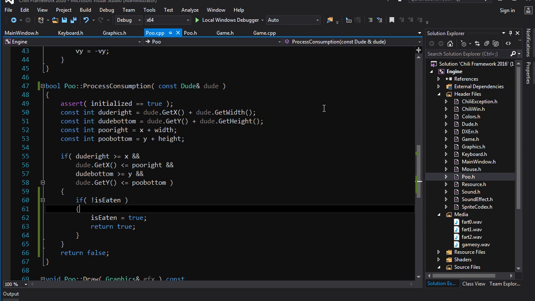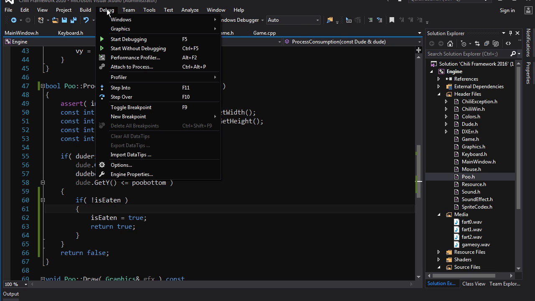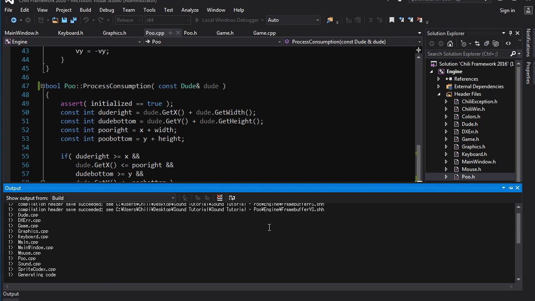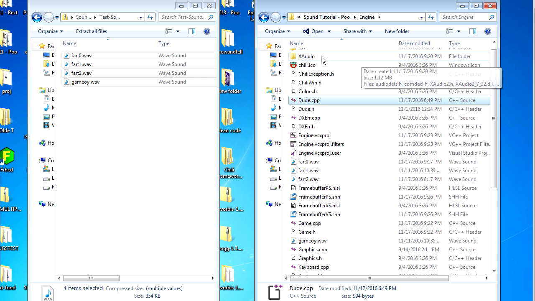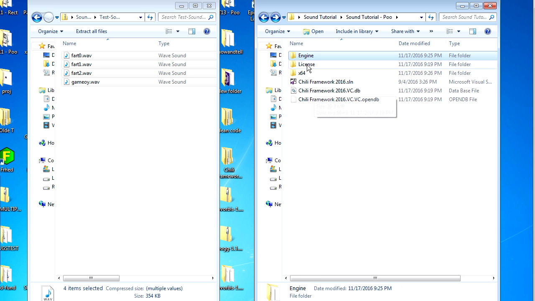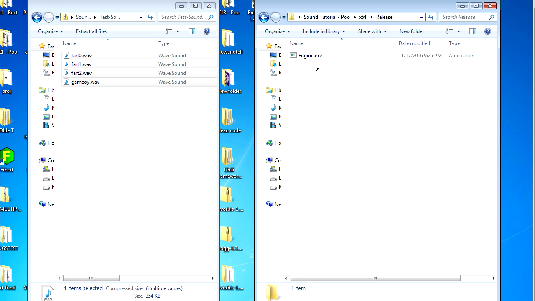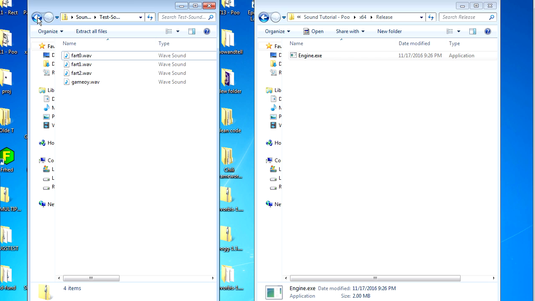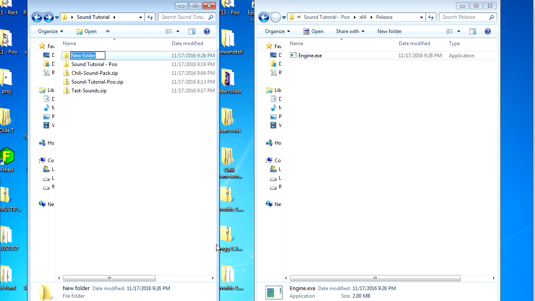Now the next question is, well, let's say you build a nice release build and you want to give it to your friend. You want to show off your amazing masterpiece work of farting, poo eating goodness. So how do you do that? Well, let's see here. Your executable is going to be here in x64 release, right? So here's your exe file. Now you're going to have to include some stuff with this. So let's create a folder. We're going to call this one